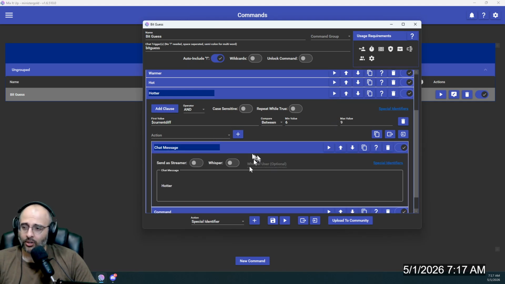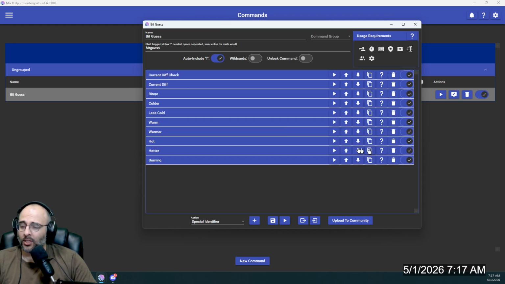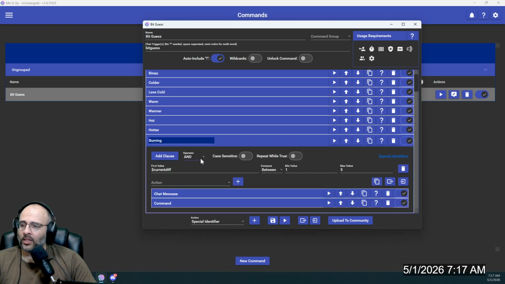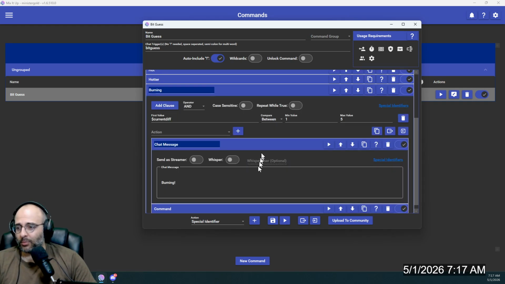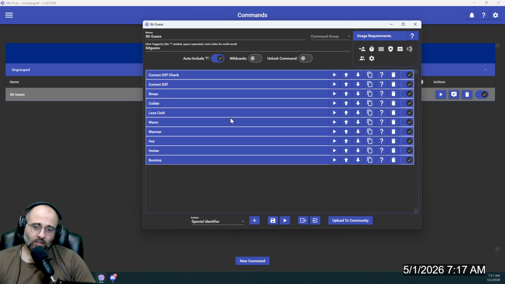Chat message hotter. Exit command. Duplicate, and then burning is if the current diff is between 1 to 5. Okay, so chat message burning, and then exit current command. That's it. That's the whole command.